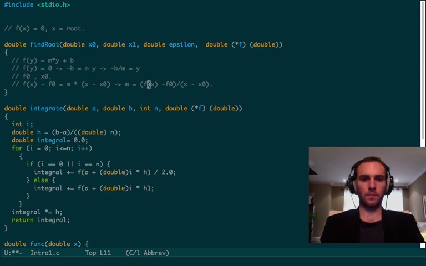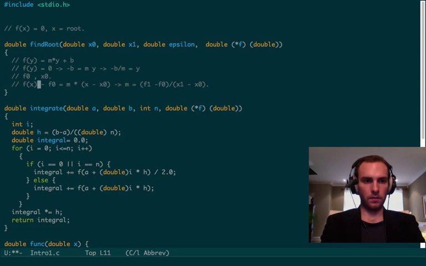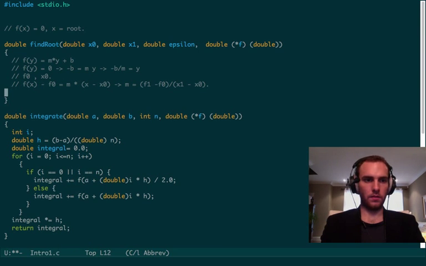And so we're going to use this formula to find m, right? And we're going to use that formula to find the value of x where the function is equal to 0. So by replacing f of x by 0 in this function and solving for x,